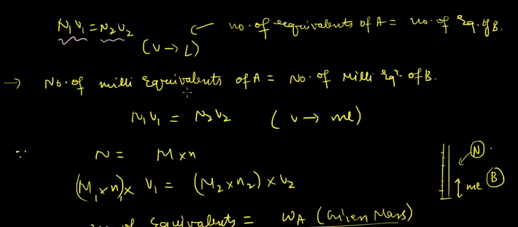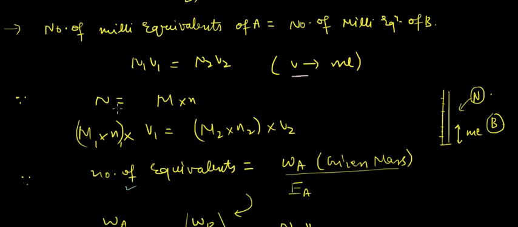And suppose you have to write, so in this case the volume was in liter, but suppose you have to write the number of milli equivalents of A, then we should be equating it to the number of milli equivalents of B. So in this case n1v1 should be equal to n2v2 and the volume in both the cases would be in liter. Okay, so as we all know that since normality is equal to molarity into n factor,